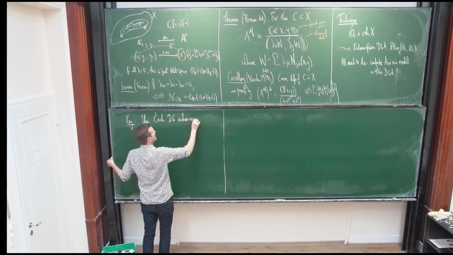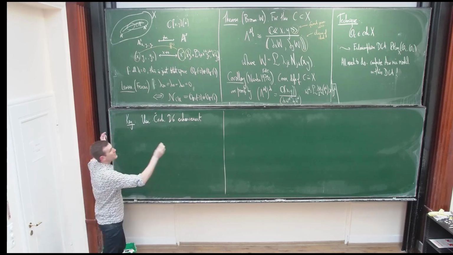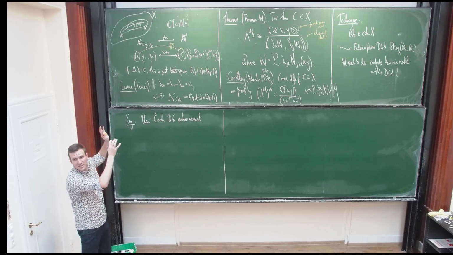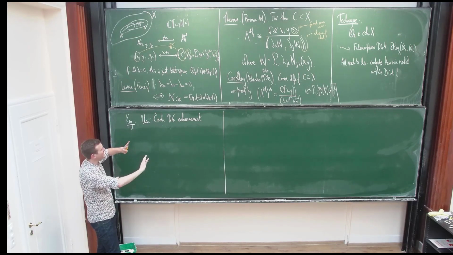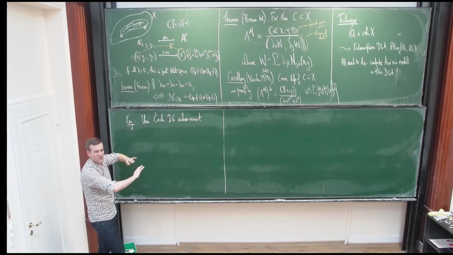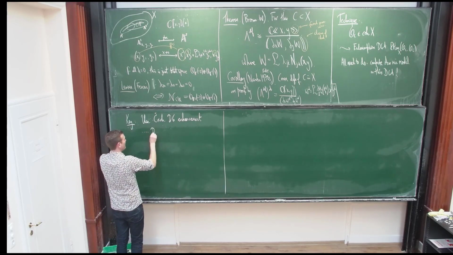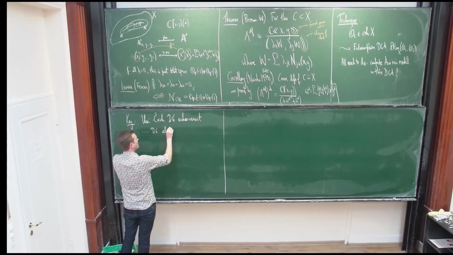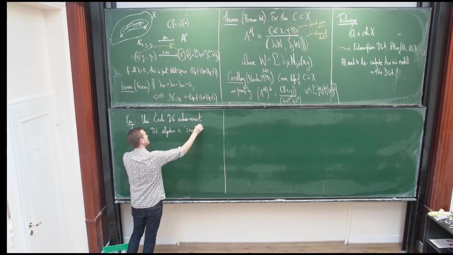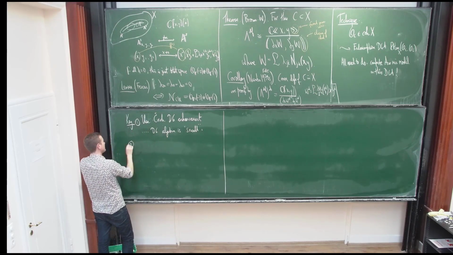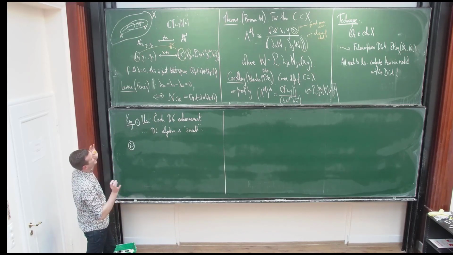And why would that be a good idea? It's a good idea because you've only got 2 open charts, right? If you had 1 million open charts, this would not be a good enhancement to take. This is 2 open charts, so the DG algebra is actually quite small. And the second key, this is the sort of novelty we realized, is that actually there's a